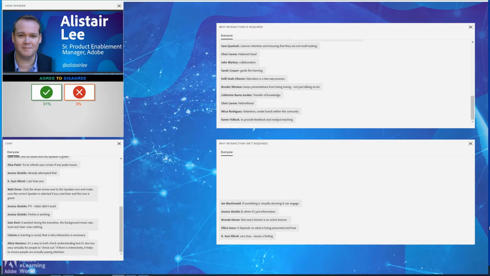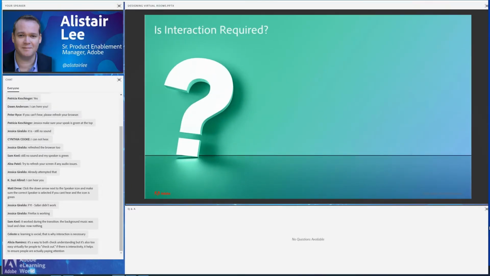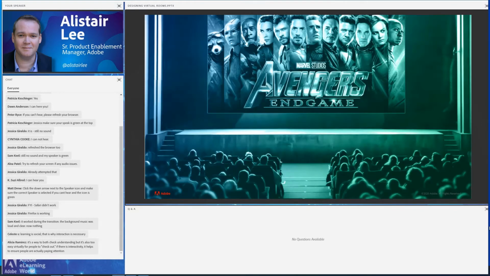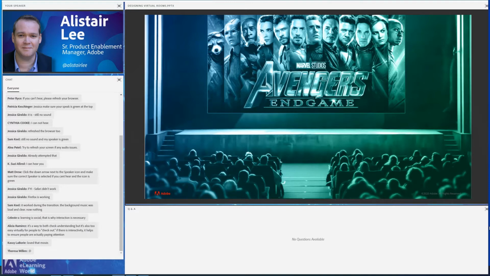But I think there are valid arguments on both sides here, whether interaction is required. And required is a bit of a loaded word. When you think of content, for example, I sat through 3 hours of the movie Avengers Endgame. And I was engaged throughout the entire 3-hour event. Now, this had a $300 million budget. I'm guessing your e-learning budgets are less than $300 million, maybe not even in the $100 million and up category. Maybe you're just dealing with millions or tens of millions. It is difficult to engage with people if you're not using interaction, but it is certainly possible.